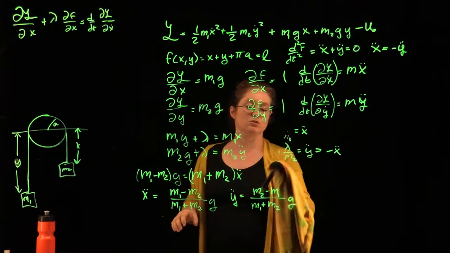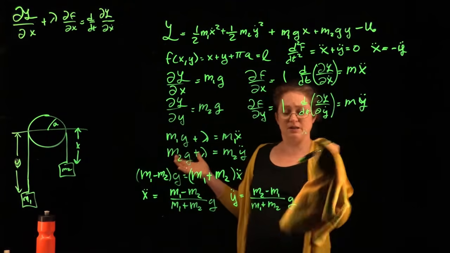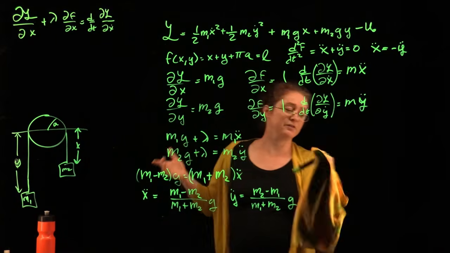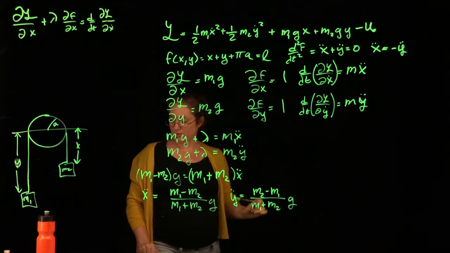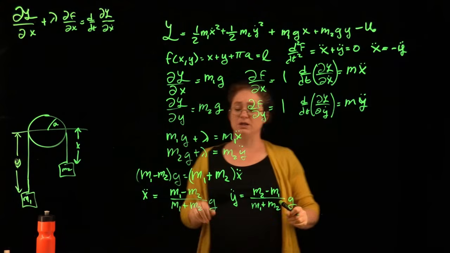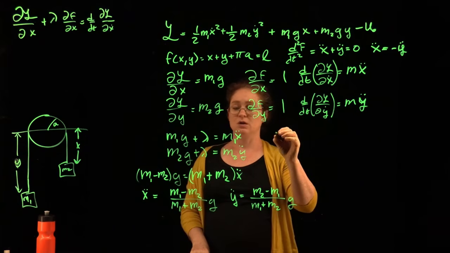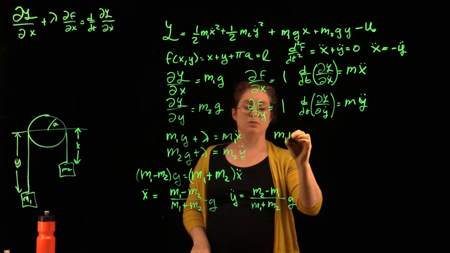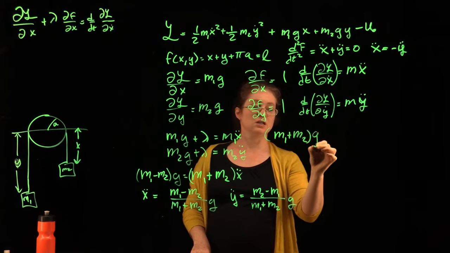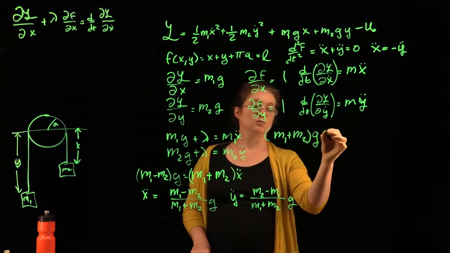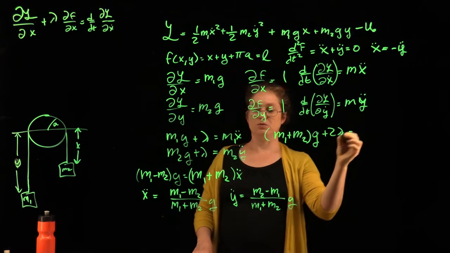I have things in my notes where I did it, but there are a few things I like better than living dangerously, so I'm going to record a video that I'm going to post on the internet without my notes. So if I take the sum of these two, m1 plus m2 times g plus 2 lambda equals